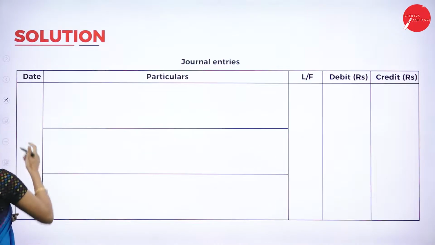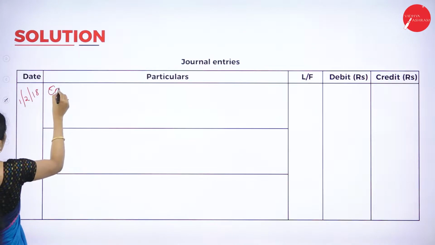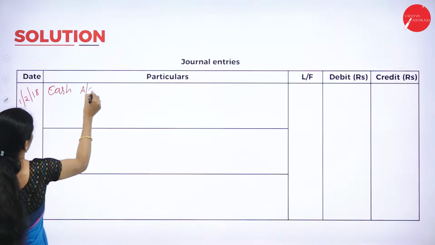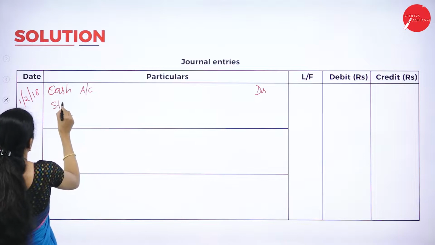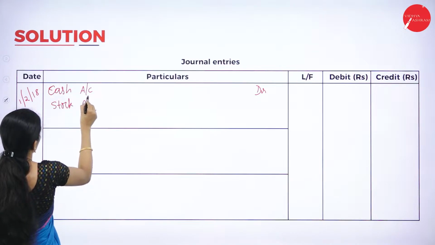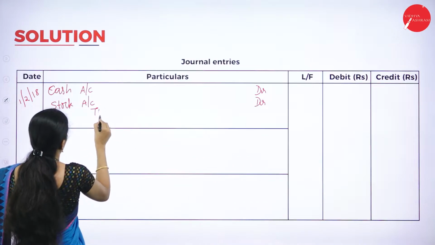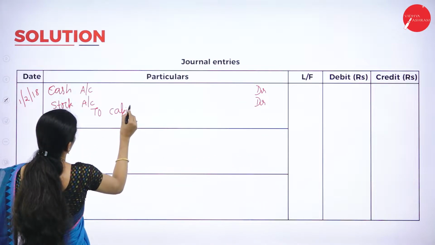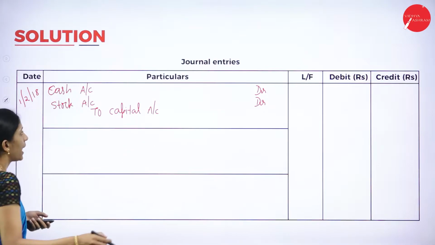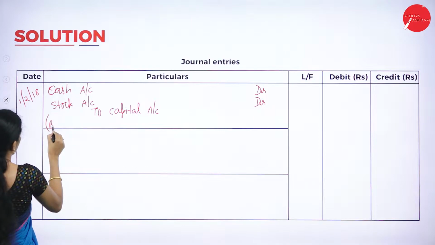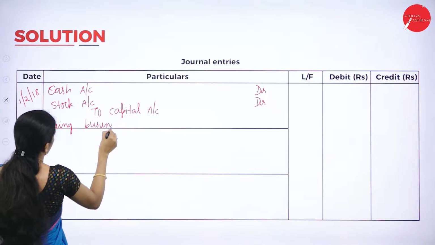So we shall record the entry 1/2/2018 cash account debit, stock account debit to capital account. So this will be the first journal entry. And what is the narration? Being business started